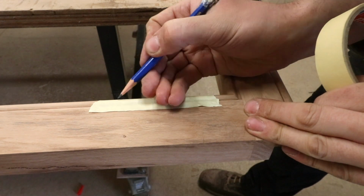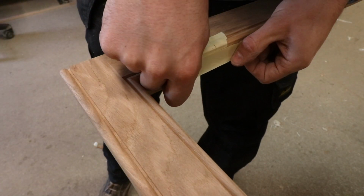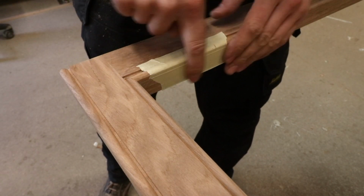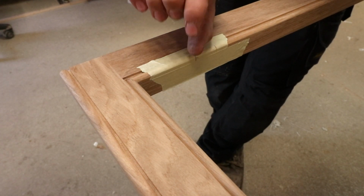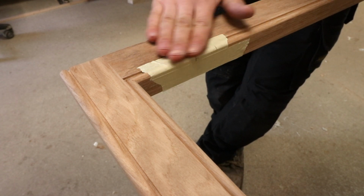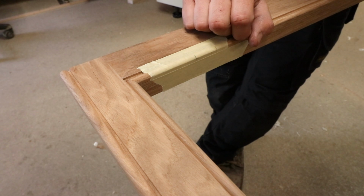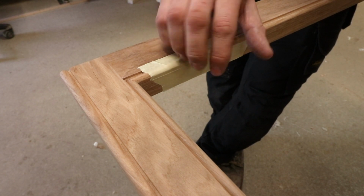Got them 2 points there. In order to get the offset in depth on the door to make the magnets work, they need to be about 4 mil offset so that they have a pull together even when they're onto the stop. You don't want to set them at the same depth from the face in the frame as you do on the door, because if you get it slightly wrong, it could actually work against you and hold the door away